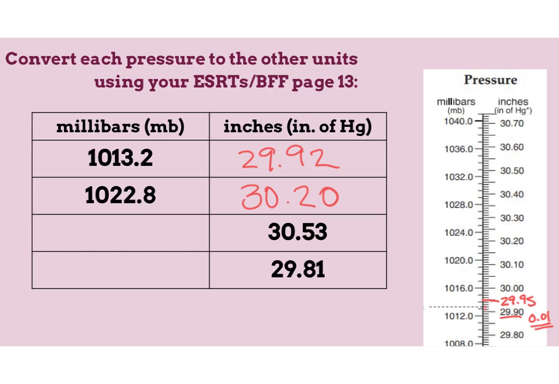All right, and now we're going to go backwards. This time we're starting with 30.53 inches over here. So 30.50 is right here. This is 30.60. So 30.50, and remember we're going up by a penny, 0.01. So if this is 30.50, this is 51, 52, 53. And if I follow that straight across, it lines up perfectly with this line right here. So we have to figure out what that line is. If this is